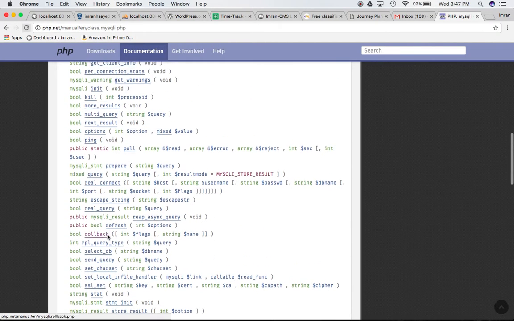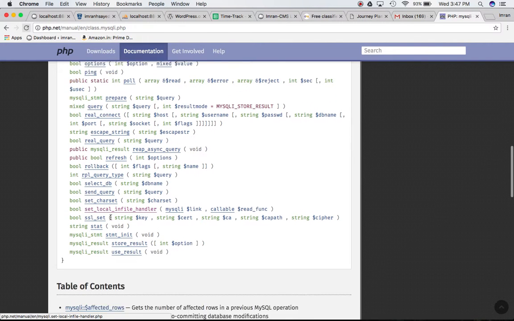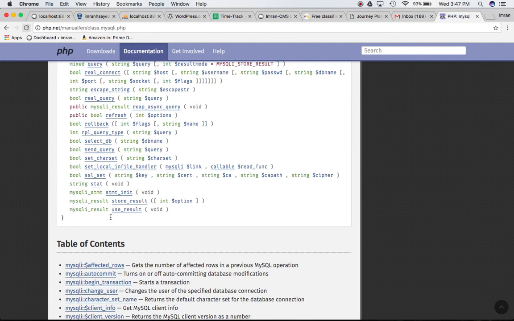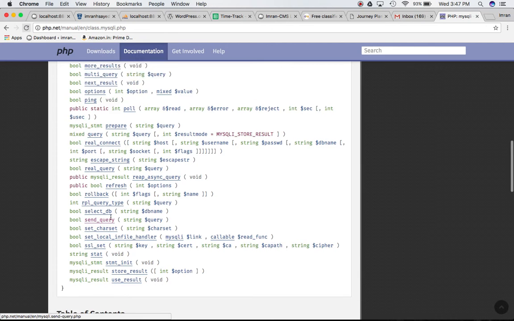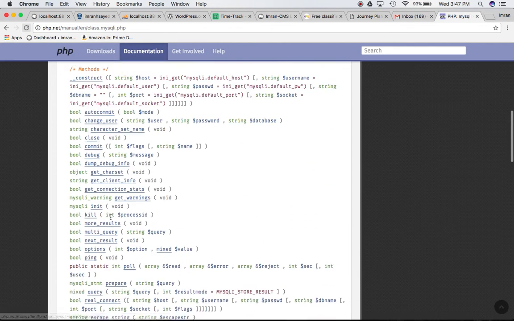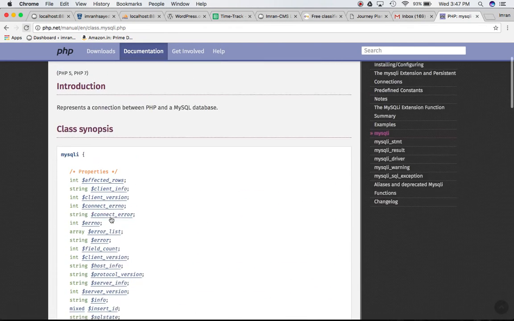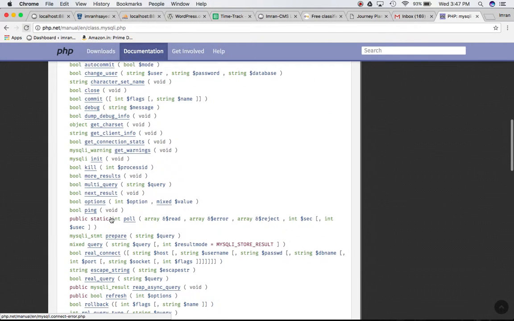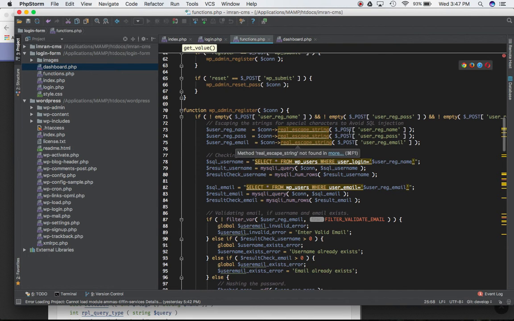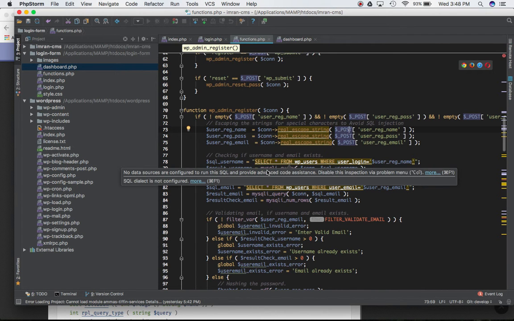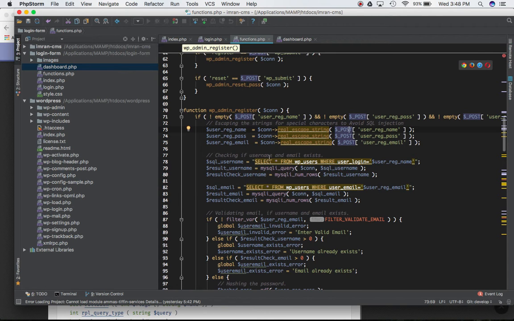Real escape string. You'll be able to find it somewhere here. Okay, if you check it. So use that to escape it, and then we